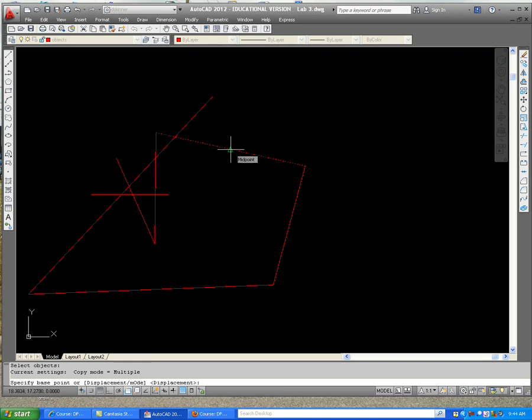So I need to select that line that I'm going to copy from. I need to select the base point as the point I want to be my handle. And then I can set it down exactly where I want to. If I want to continue copying, I can continue copying it to different spots, or I can right click to